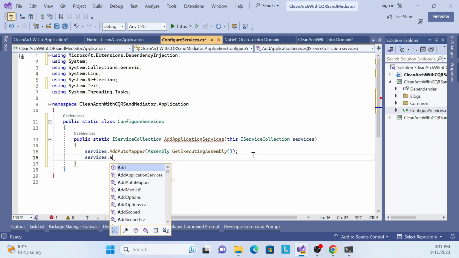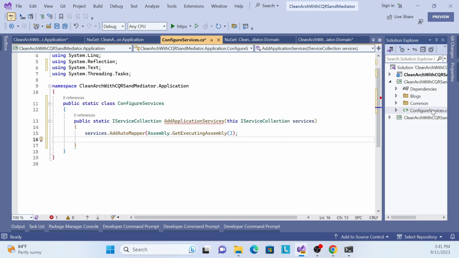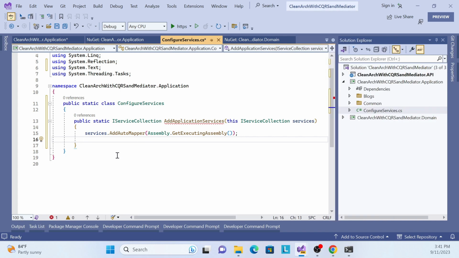services.Add. Okay, no, not like that. Okay, later on we'll add, because there are many things we have to add, but once we try to implement, at that time we'll add and show you why we require that one. Okay, but as of now, for the setup purpose, I think this is required, so that's why I'm adding it over